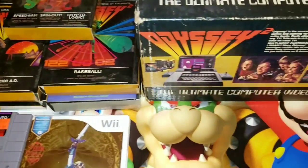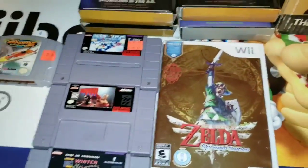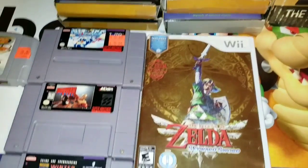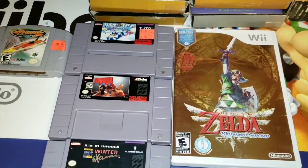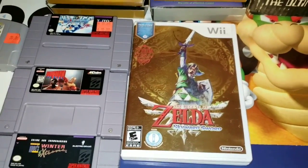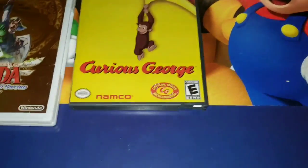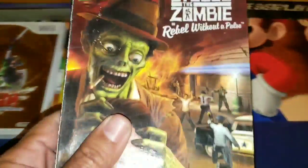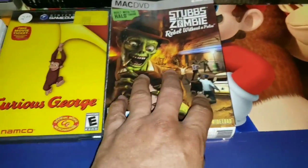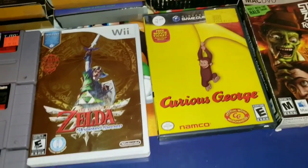It was fun. I met Justin, or saw Justin for the first time, Spruce Game Hunting. We saw a couple of games, and this is what I was able to pick up from there. It wasn't much, but at least I got something. Curious George, I get to add that to the collection. Stubbs the Zombie for the PC, which I don't know why I picked it up. And then these 3 boxes, for some reason they were sitting there when I was getting ready to leave,